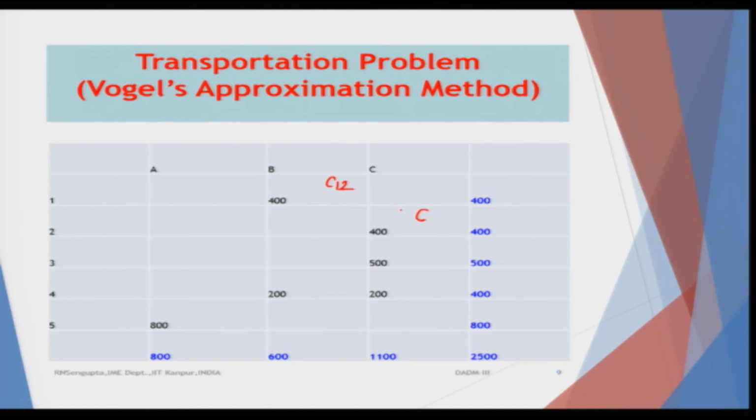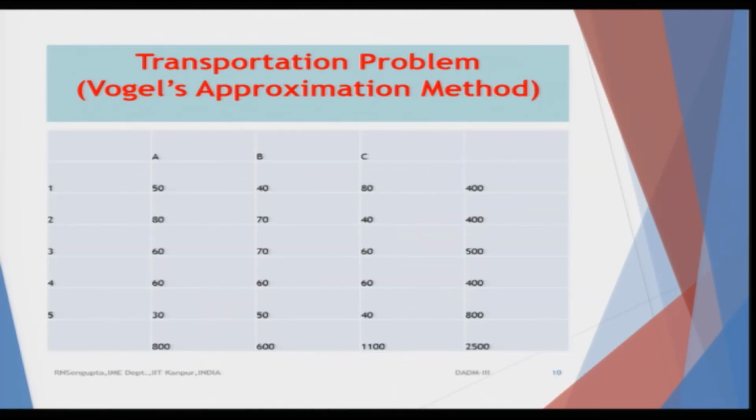So, I am considering these as 1, 2, 3, 4, so and so. So, C1 2, C2 3, C3 3, C4 2, C4 3, C5 1. So, let us check what these values are, and even though I am repeating it, please bear with me, the column-wise and row-wise values add up to the same value, which is 2500. Let us see what C1 2, C2 3, C3 3, C4 3, C4 2 and C5 1 are.